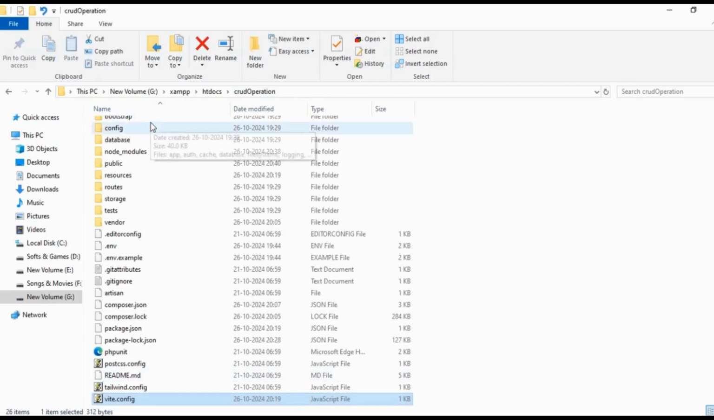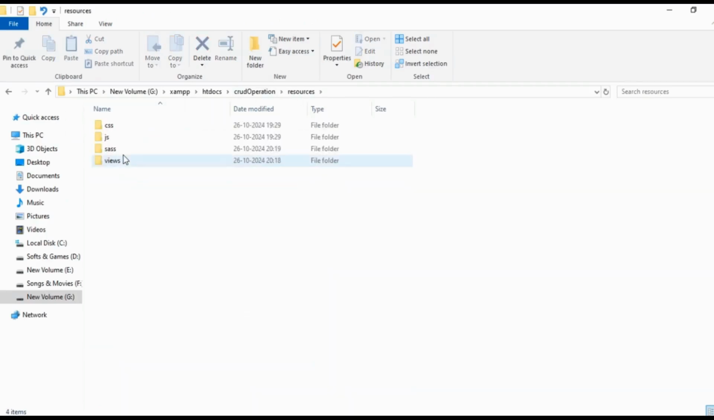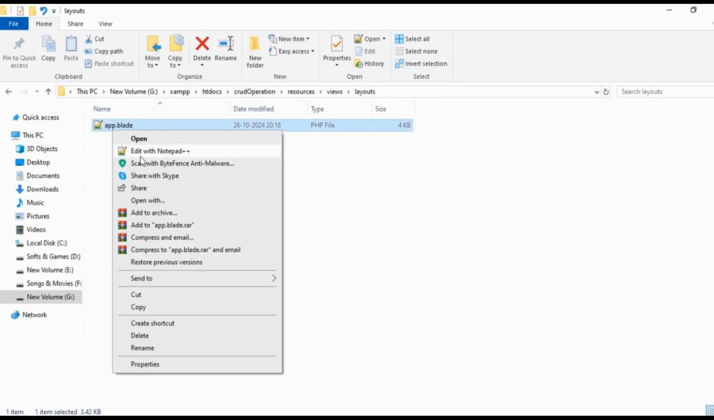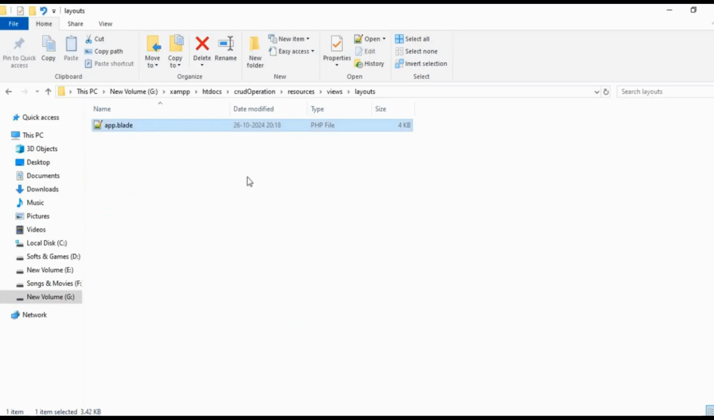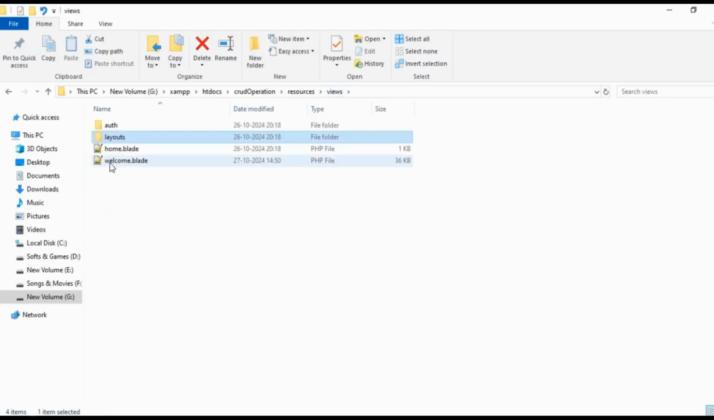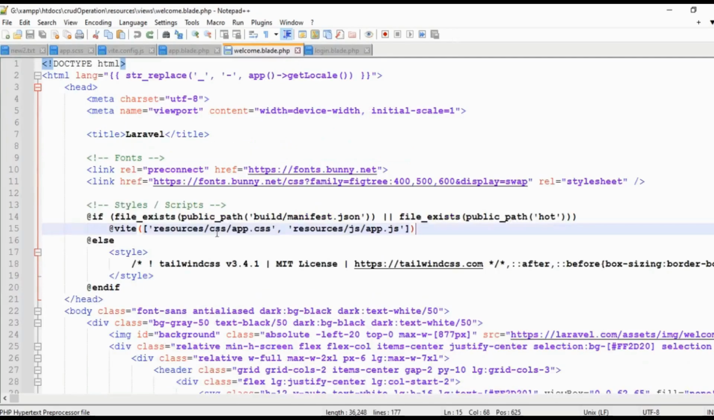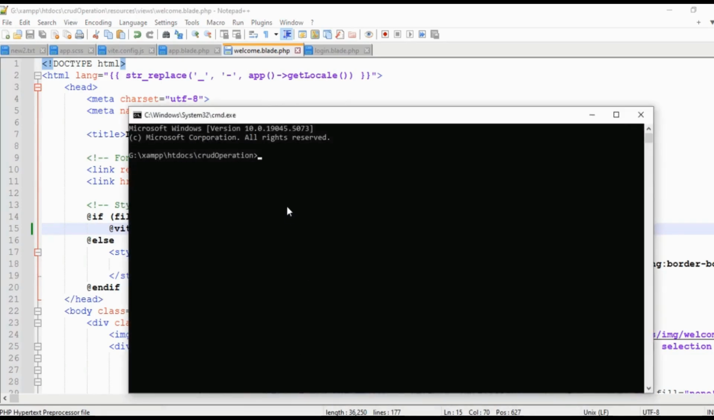Next, navigate to resources/views/layouts and open the app.blade.php layout file. Here, you will see that app.scss and app.js are automatically loaded. Now, go to resources/views and open the welcome.blade.php file. In this file, you will find references to app.scss and app.js from the resources/sass directory. Save all the files, then go to the command line prompt and run the command php artisan serve to start